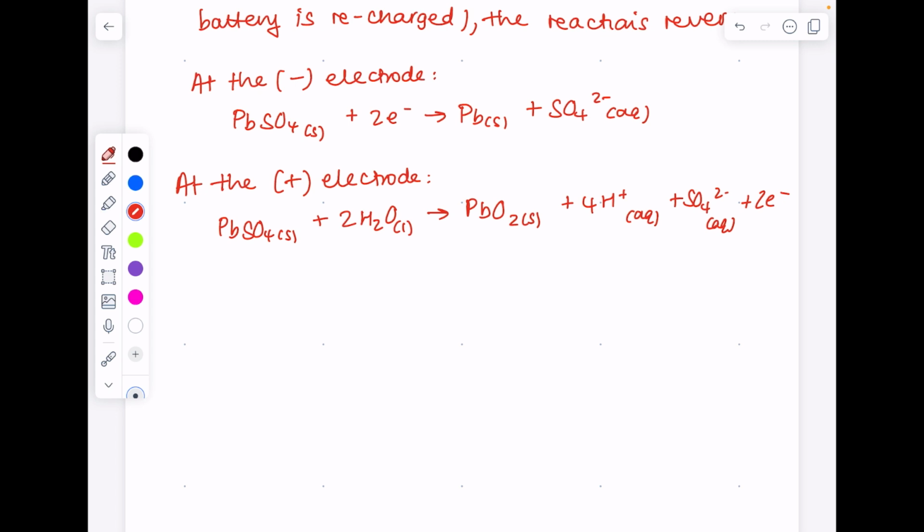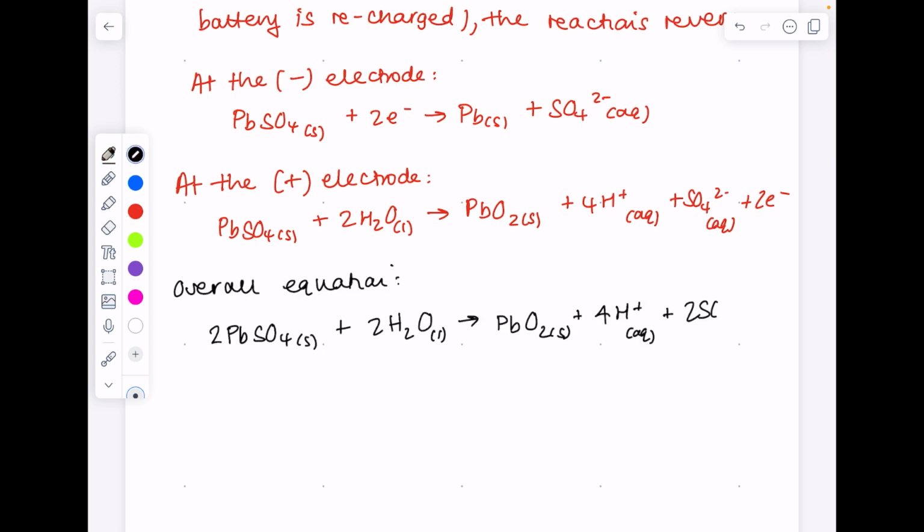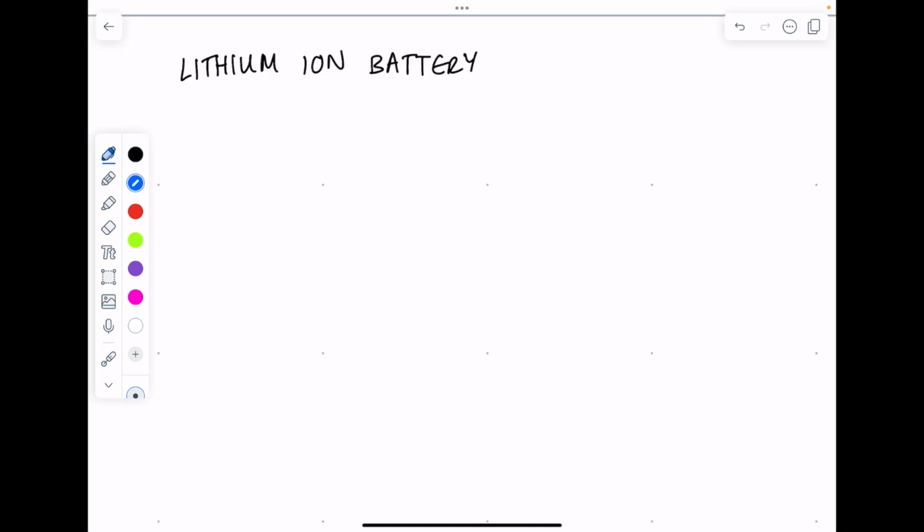Again, the electrons cancel out, so the overall equation is... How about a lithium-ion battery now? So the first set of equations is for when the lithium-ion battery is working as a battery, so when it's discharging,